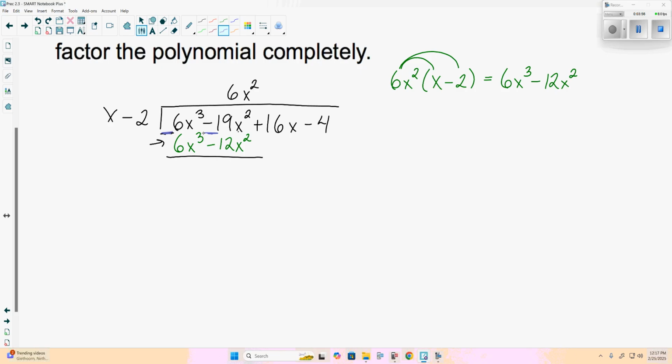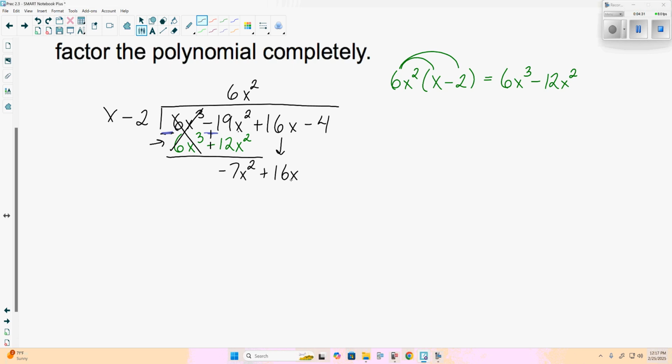We're going to subtract. 6x cubed minus 6x cubed is 0. Because again, we want this first term, our x cubed term, to become 0 first. We'll subtract the rest. Negative 19x squared minus negative 12x squared. Negative and negative makes a plus. So negative 19 plus 12 would be negative 7x squared. So that finishes the first main step. At this point here, we'll bring the next term down